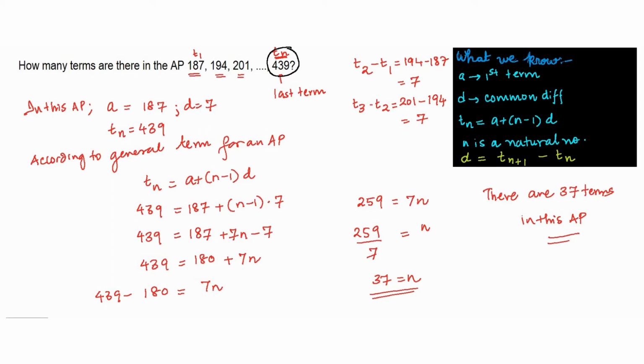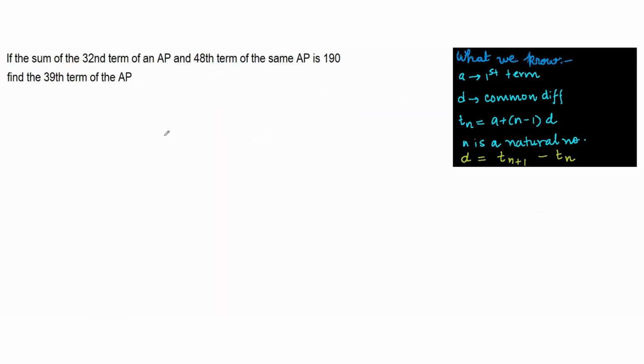Moving on to the next question. If the sum of the 32nd term of an AP and the 48th term of the AP is given as 190, it's given that the sum is 190. So this is given to me. I have to find